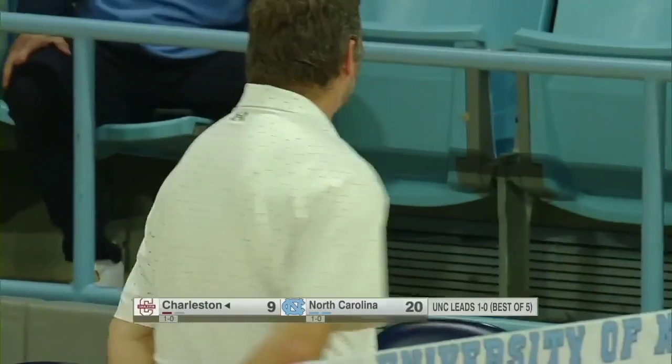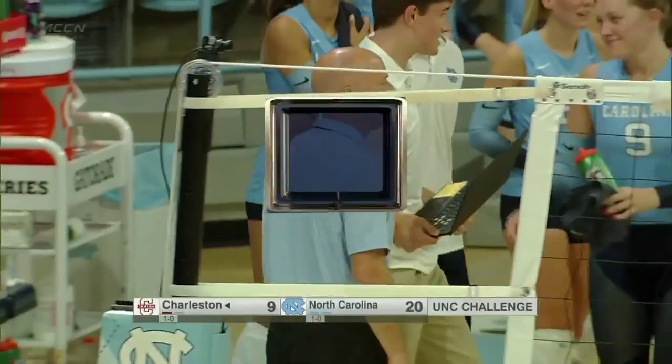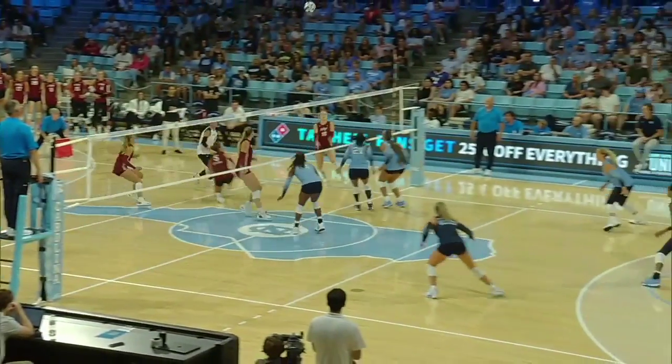Might get a challenge here. Thorpe saying she didn't touch it. Judges saying it was. Point goes to College of Charleston. And Mike Shaw is indeed going to challenge this one, I think. Showed him the green card. Get a good look at it here. When you have the reaction that your team does,